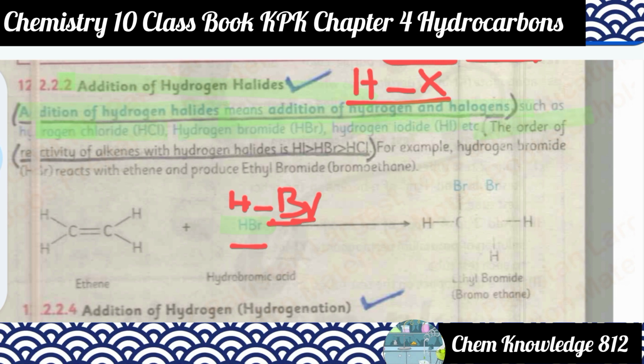The order of reactivity of alkenes with the hydrogen halide is, I can say, HI is more reactive than HBr and HBr is more reactive than HCl. यानी हाइड्रोजन आयोडाइड ज़्यादा रिएक्टिव एज कंपेयर टू हाइड्रोजन ब्रोमाइड और हाइड्रोजन ब्रोमाइड ज़्यादा रिएक्टिव एज कंपेयर टू HCl। तो यहाँ पर हाइड्रोजन ब्रोमाइड दिया गया है।